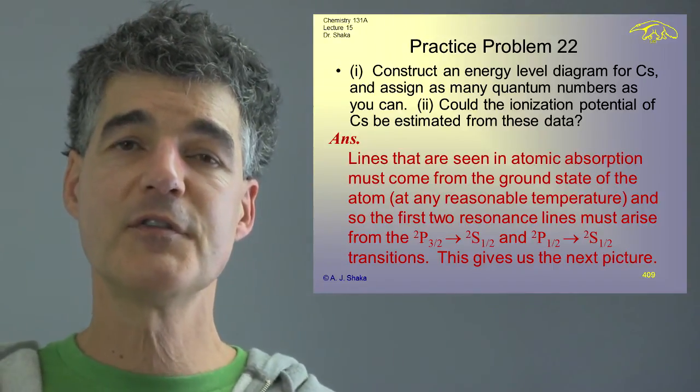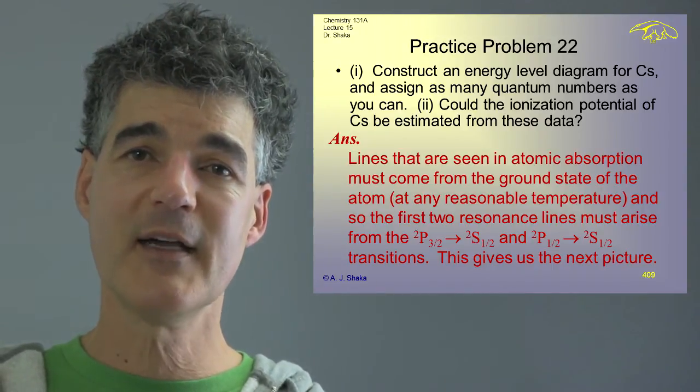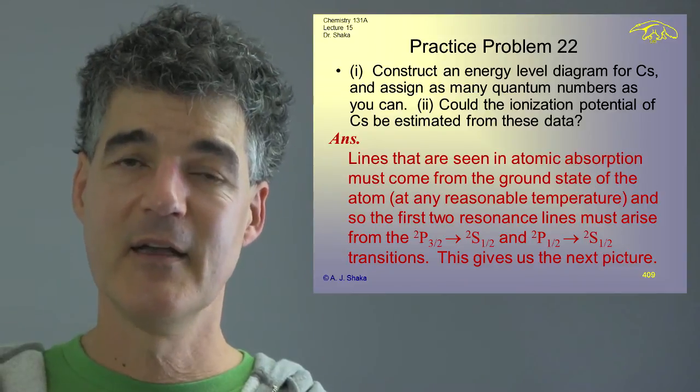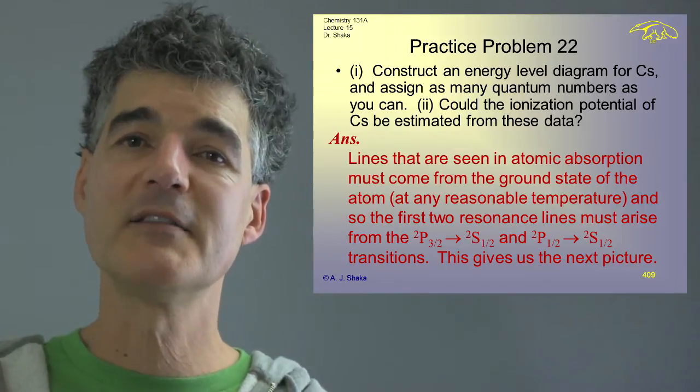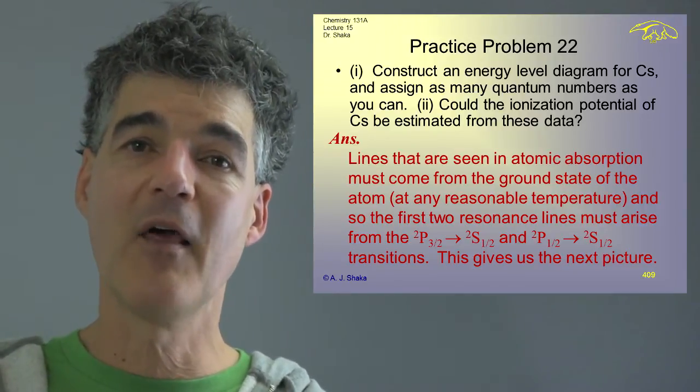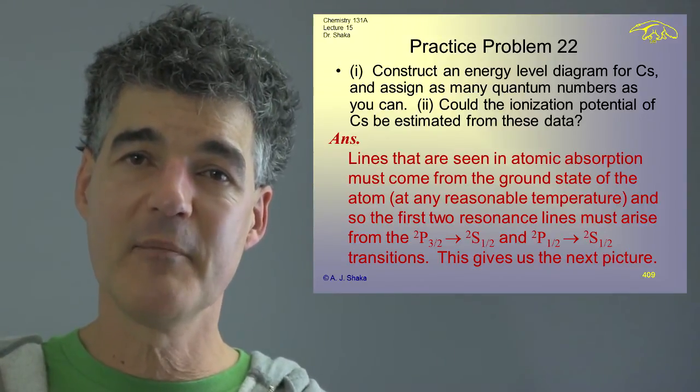And we have those two strong lines. The strongest lines are called the resonance lines. The strongest lines in sodium are those two yellow lines. That's why the sodium lamp is yellow, because those are doing all the emission.